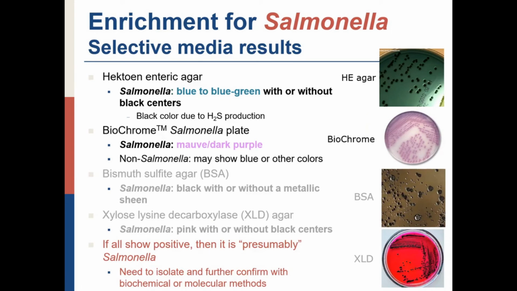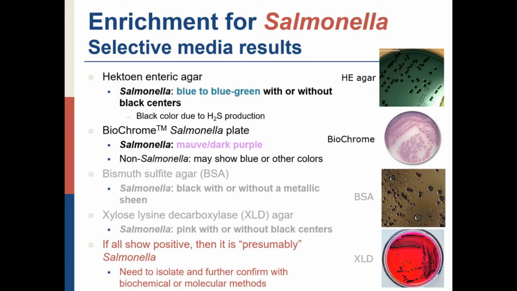So the next one is Salmonella. So we're going to be using a Hektoen enteric agar, which is going to cause it to appear blue to blue-green, and then there is a chance that it could have black centers, and that's just due to the H2S production. And then we also have biochrome agar. Just like the E. coli, it's going to be a different color depending on whether it's Salmonella or not Salmonella. So if it's Salmonella, it's going to be mauve or dark purple, and then if it's non-Salmonella, it may be